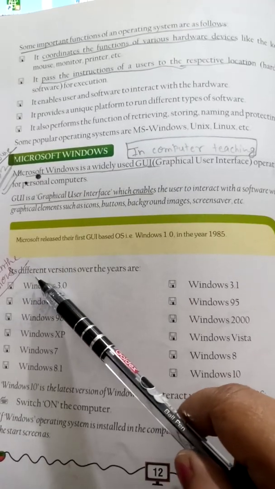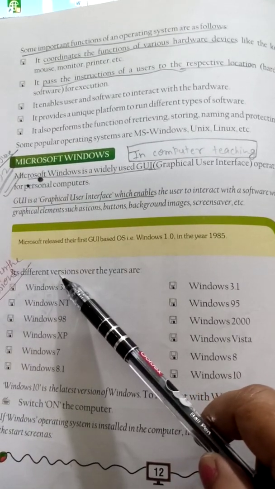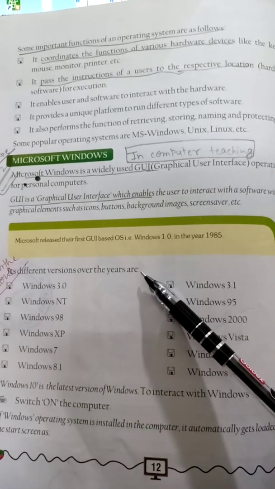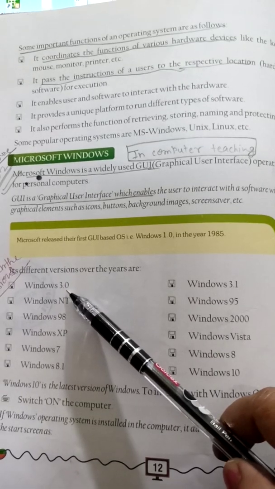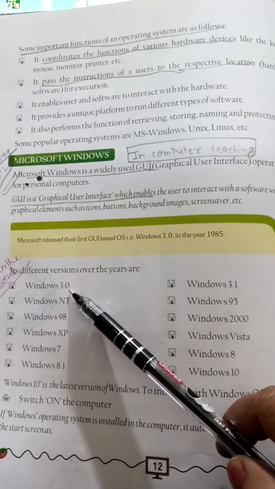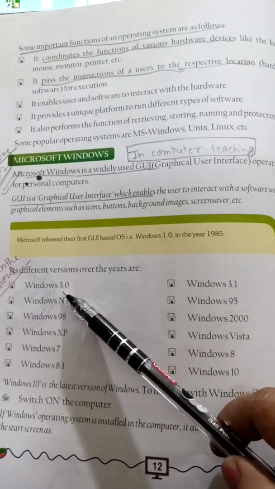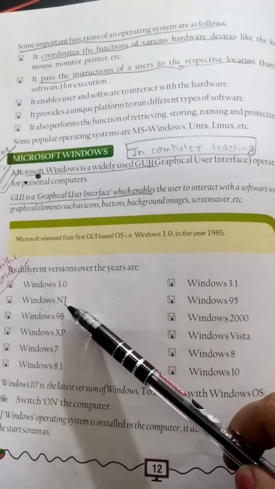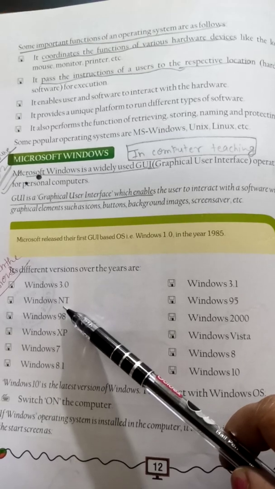Today I am going to explain what the different versions over the years are. The first one you can see in your book, on page number 12. The first version is Windows 3.0. The next one is Windows NT.